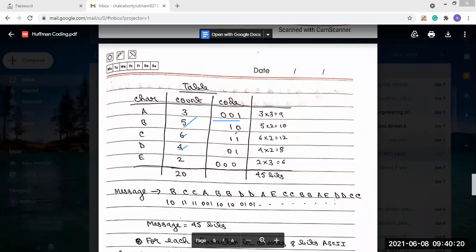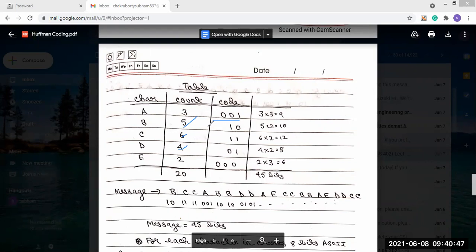But in the fixed size code, what is fixed? For every character we have to use a 3 bit code. But here you see that we have reduced the bits for the characters appearing more number of times. This is what Huffman says, that if we reduce the bits, then we can reduce the message size also.